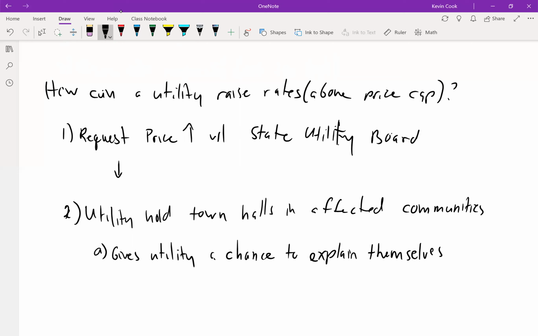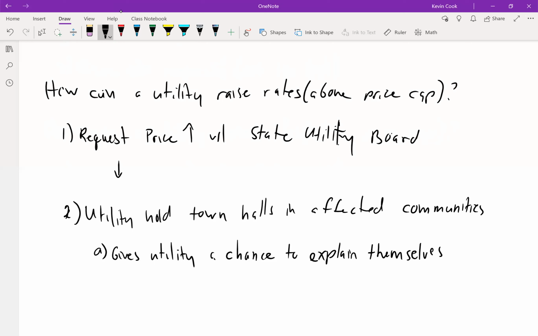So it gives the utility a chance to say, "Hey, this is why we need to increase prices." And again, this could be for whatever reason. It could be because energy costs increase. It could be because there's some new law in place. It could be that they want to switch over to a new type of energy, right? Whether it's from coal to natural gas, or maybe they're looking into solar or nuclear or some other sort of